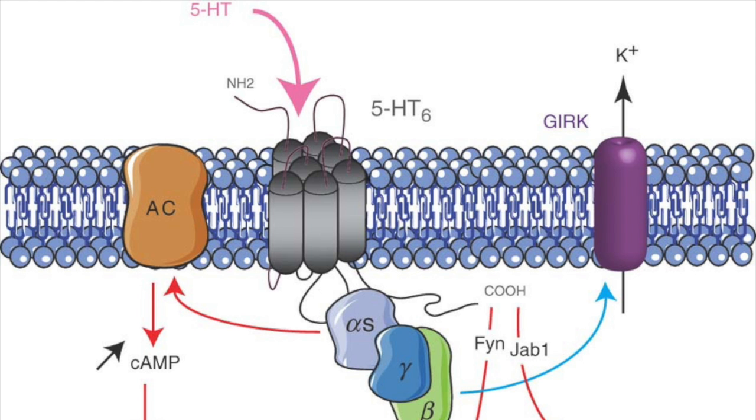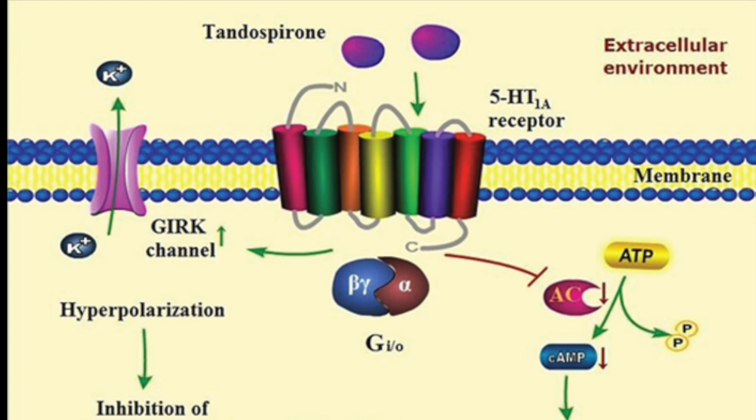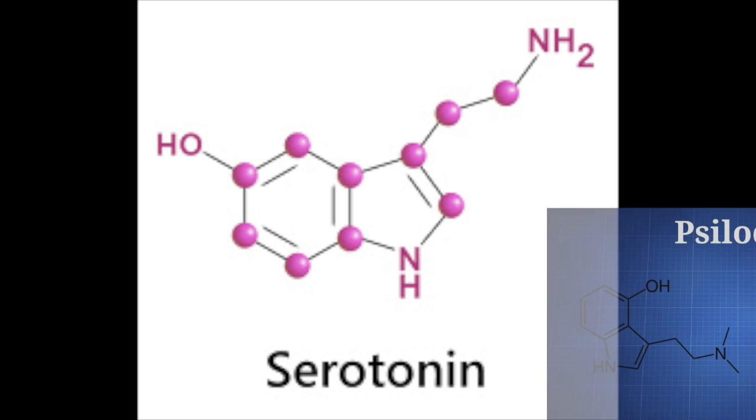This concludes our discussion on serotonin receptors and the potential effects of psilocin on them. As demonstrated earlier, the 5-HT serotonin receptors are mainly ligand-based G-protein coupled receptors, and psilocin may act as an antagonist to serotonin release through its structural similarity.